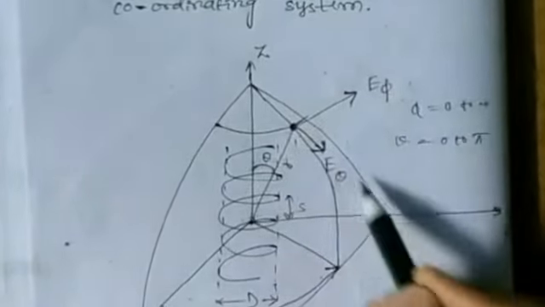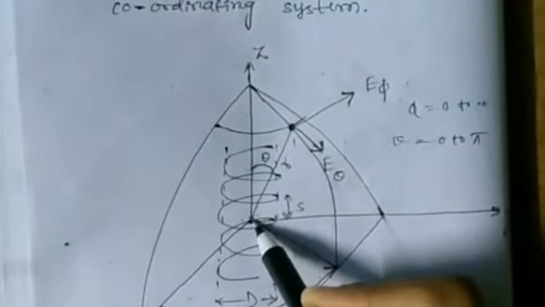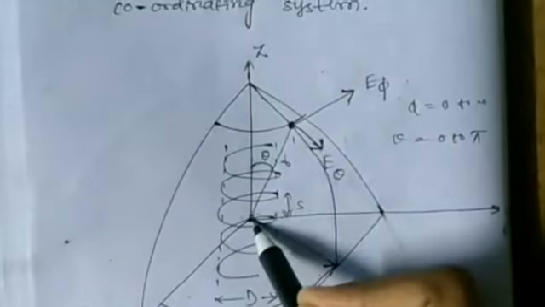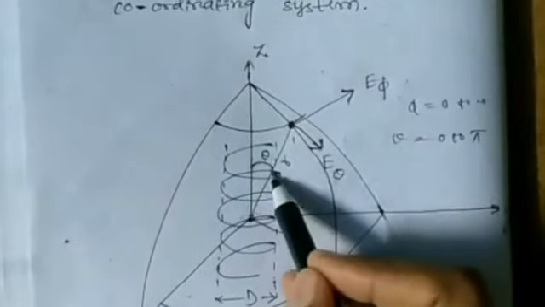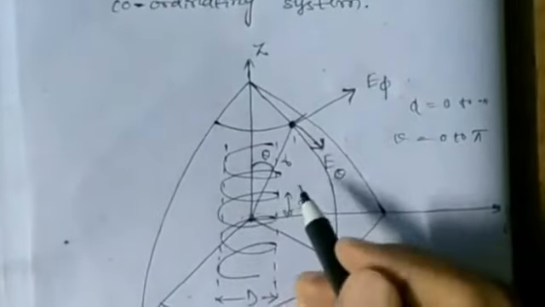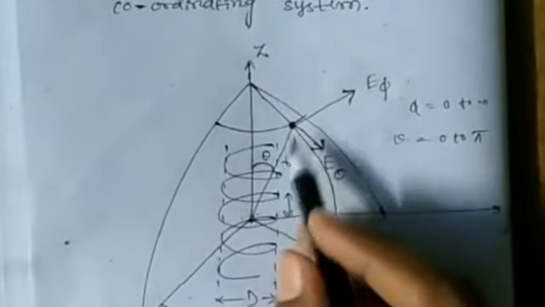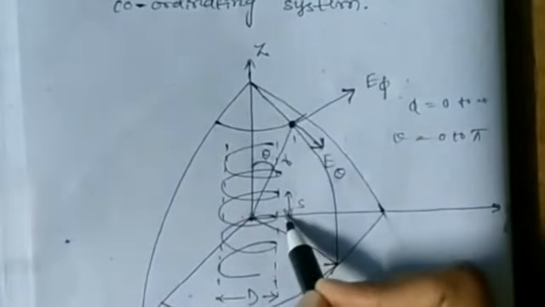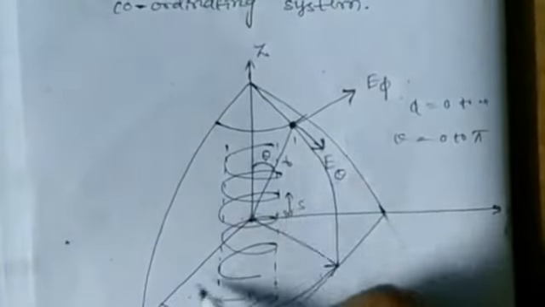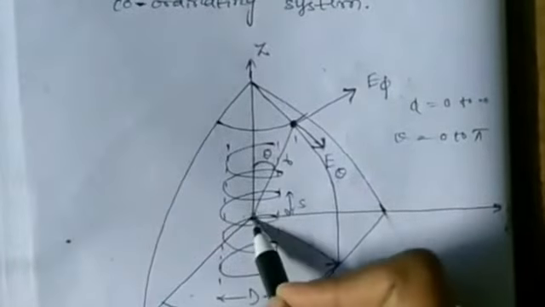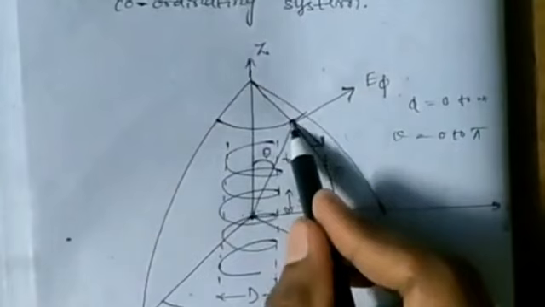Why am I placing the helical antenna in the spherical coordinate system? Already we know that in the helical antenna, a number of short dipoles and small loops exist, all connected in series. Here we have to find the far field component for the small loop and the far field component for the short dipole. For that purpose, I am considering the spherical coordinate system for the helical antenna. This one is the distant point.